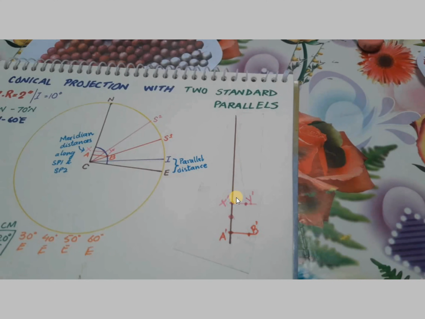Now if you notice, this line, the X dash, Y dash and the XY line in the circle, I have kept the colors similar just to make it easier to understand that the length of X dash, Y dash and X, Y will be equal. Similarly, A dash, B dash and AB will have similar length. This is the reason I have kept the names as A dash, B dash and X dash, Y dash, since we cannot have the same name for two diagrams within the same projection. That's why we have just made the dash names.